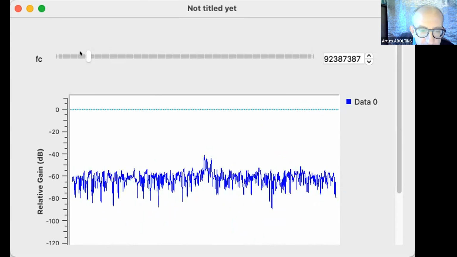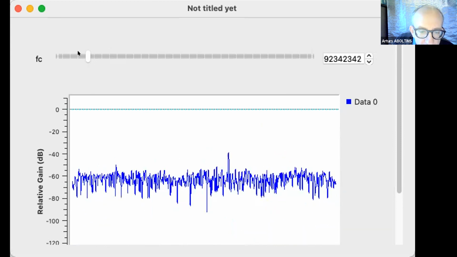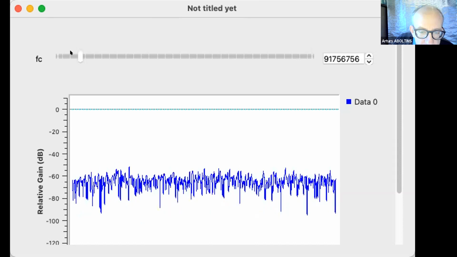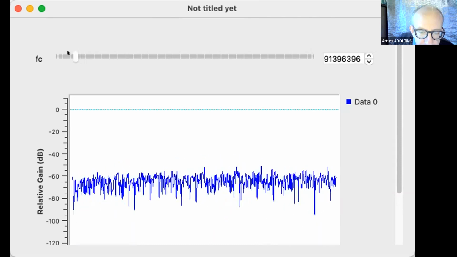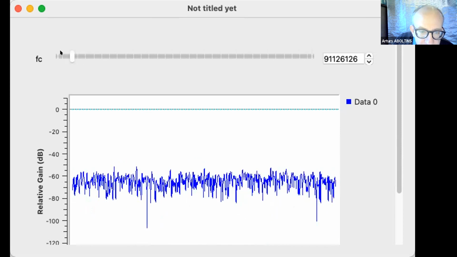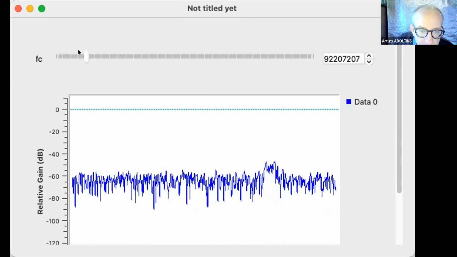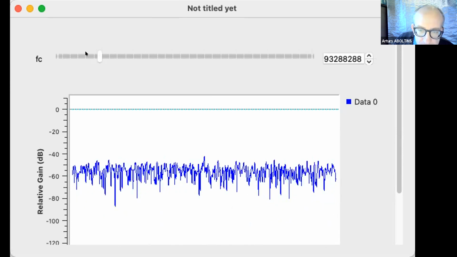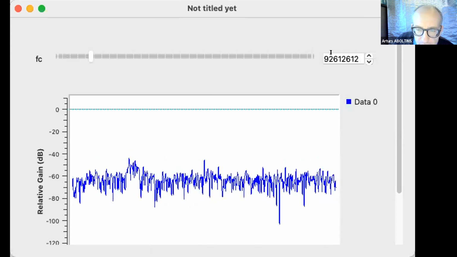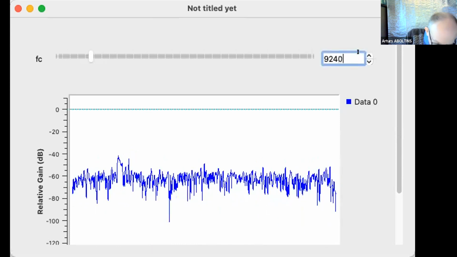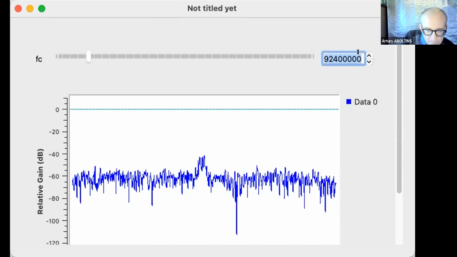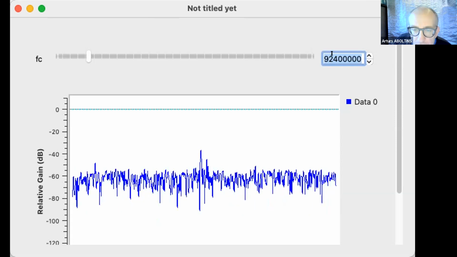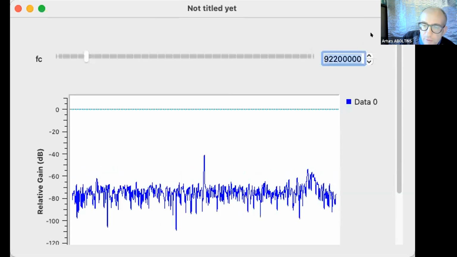This is like 92.38. So in fact, we can move with a 200 kilohertz step